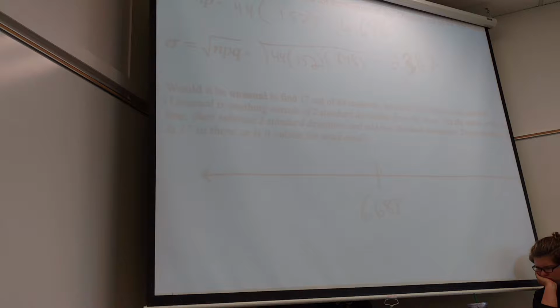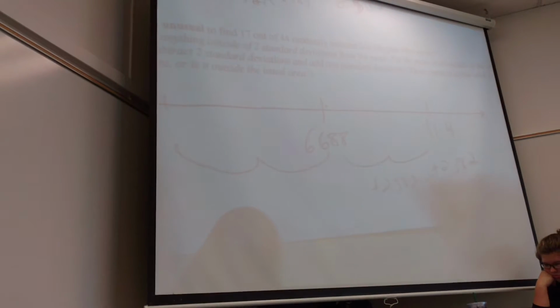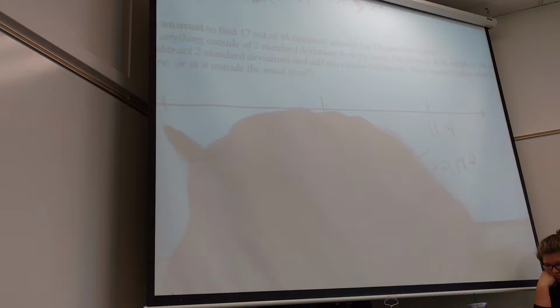Just like Shaquille, I expect him to make close to 6 free throws. If he made 18 free throws, I go, holy crap, this is a good day for you. It would be unusual, right? So this idea goes perfectly with the math. If I go 2 steps up, so add 2.382 and then add another 2.382, where do I end up? 11.4, something above. And if we go down 2 steps,